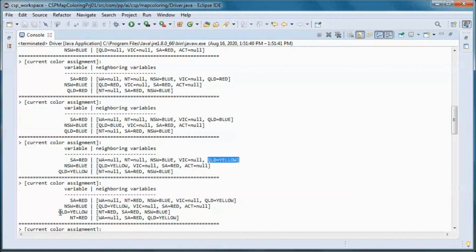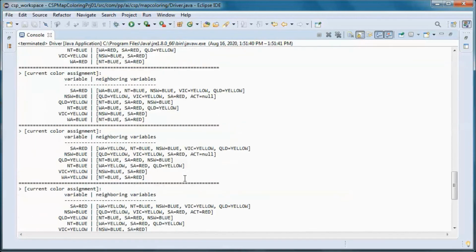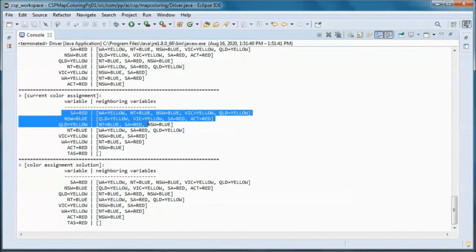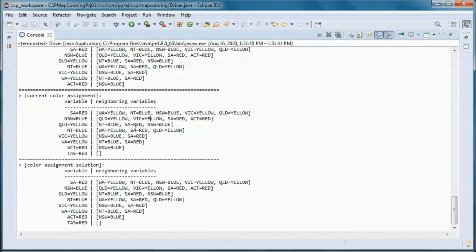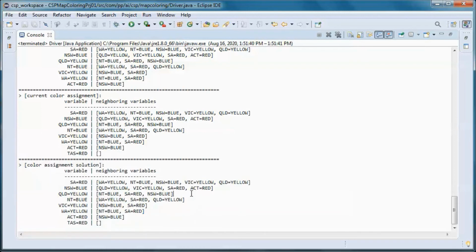So we proceed to the next one, etc. until we assign colors to all the states, and we end up with this color assignment solution.